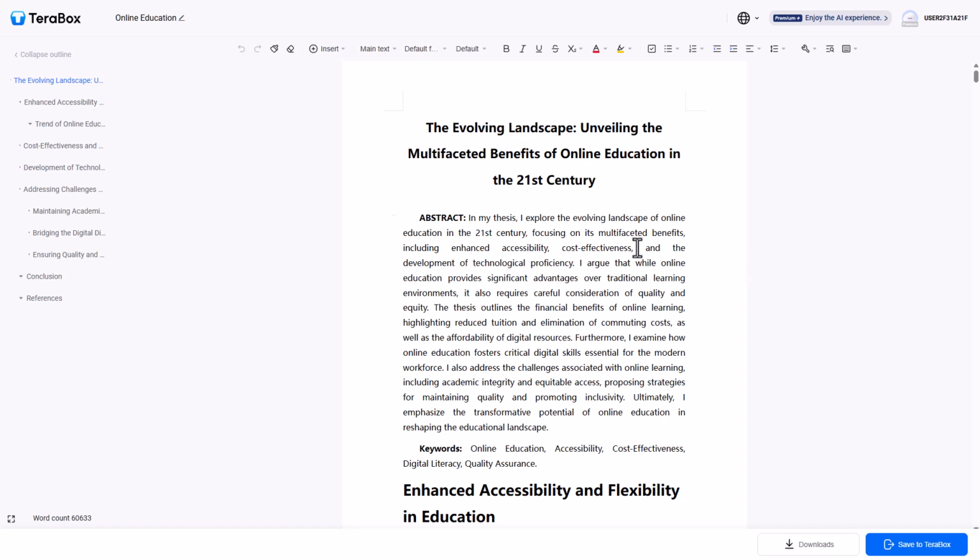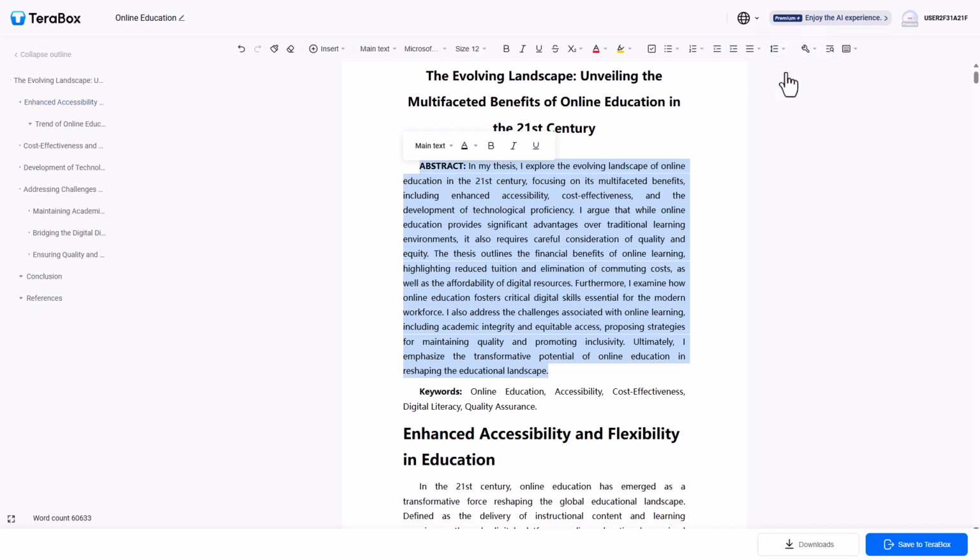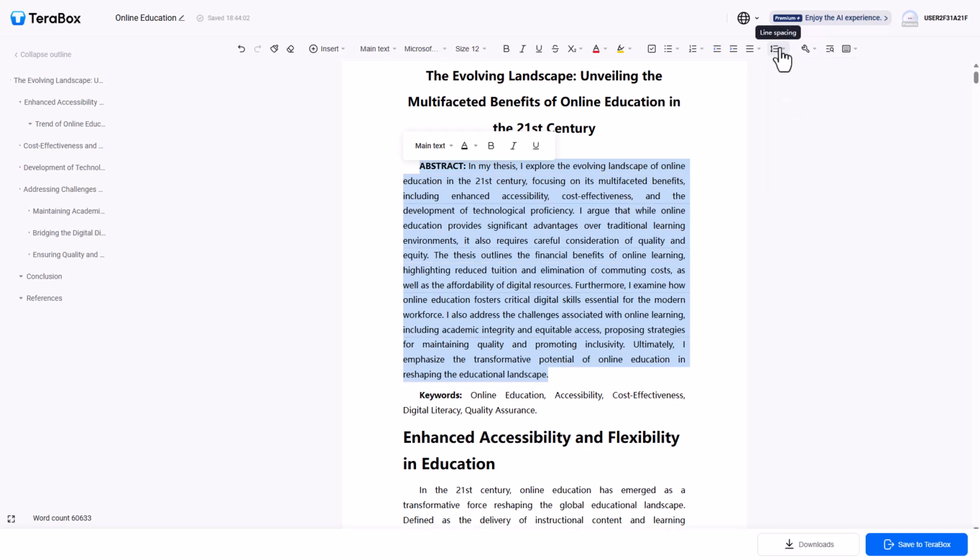So now let's see how we can actually go ahead and work around with the line spacing in the Word editor of Terabox. Over here you can see that I have this generated text, and this generated text has a default line spacing. If you want to go ahead and change it, you can see the line spacing right here. You can see that I can set it to 1 right here, which is less than default a